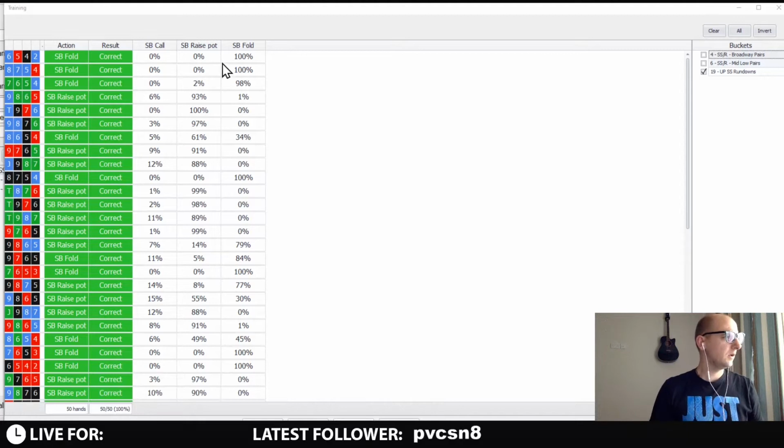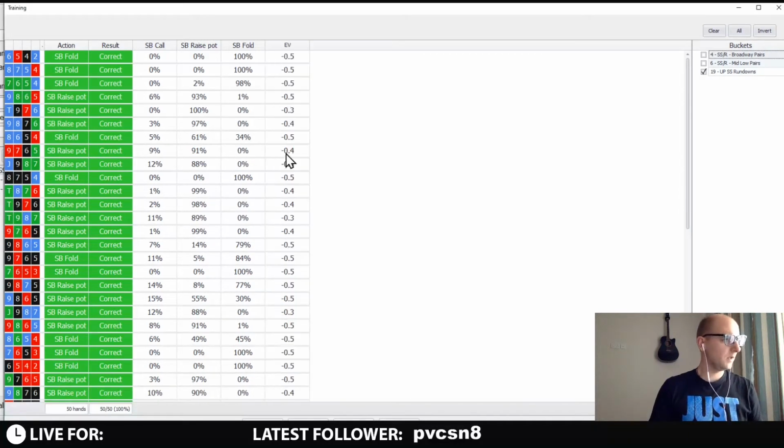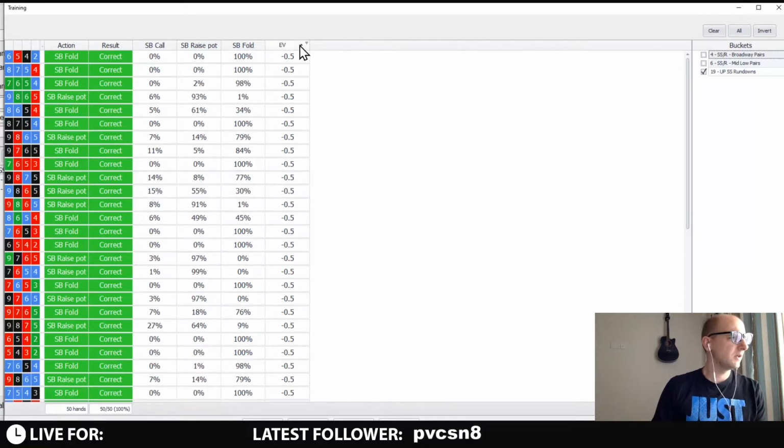Okay. And then you can also look at the EV. So EV, and then you have EV here. So obviously all the folds are gonna have minus 0.5 EV. So I'm gonna sort them by,